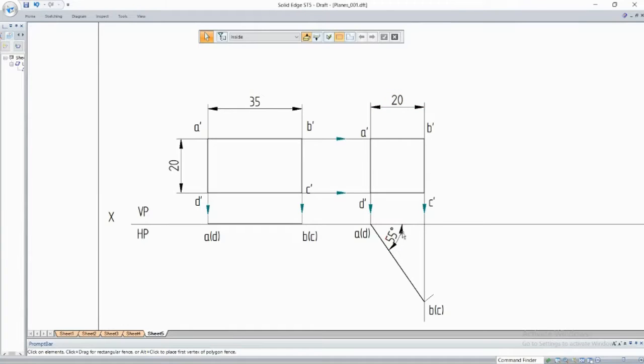Because this angle is not being given to you. But this shape has been given to you. They have told that it is a square. So you have to rotate this line in such a way that you get a square here. So how do you draw it? You have to first draw this square. Then with the help of projection lines, you have to obtain this. And then you have to identify what is the angle. So this is your second step, front view and top view.